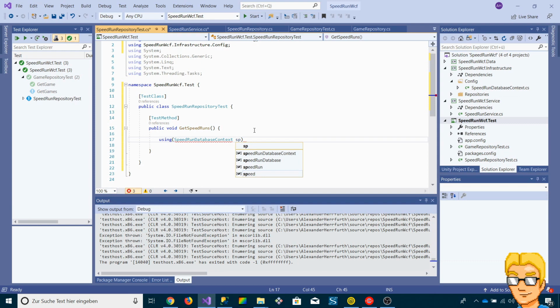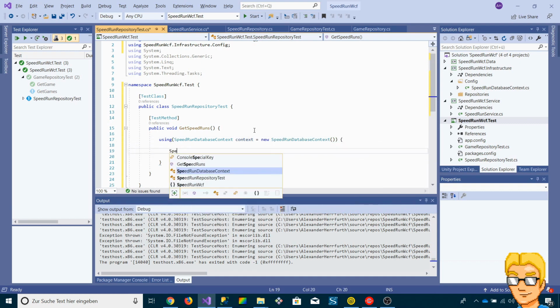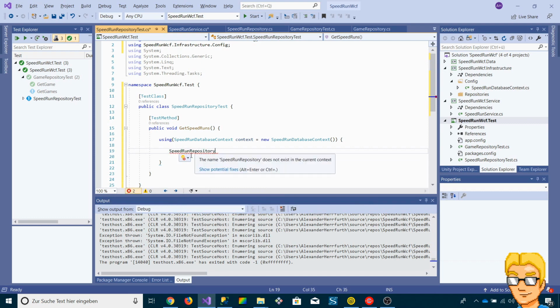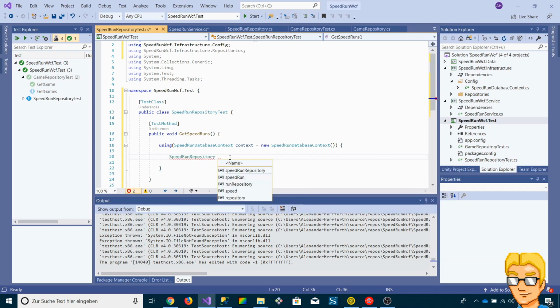There we go. Let's call it context. Create an instance of it. Then create a speedrun repository, which is in a different namespace. Let's just call it repo. Pass the context to the constructor, then